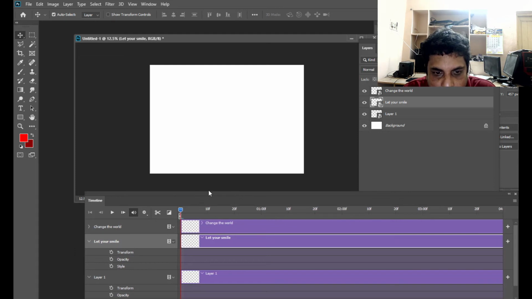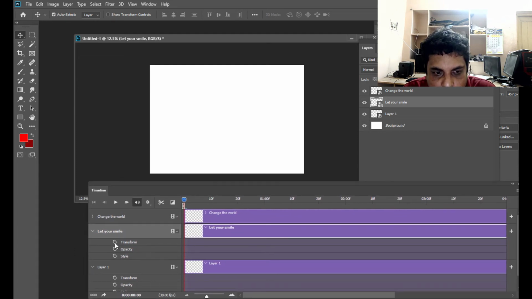The thing we have to do is first click on the transform option. We click on the stopwatch of this transform. Now you can see a yellow key is created. This is a playhead. If you want animation, let us create a 1 second animation.